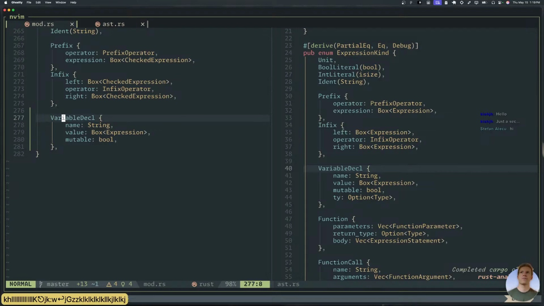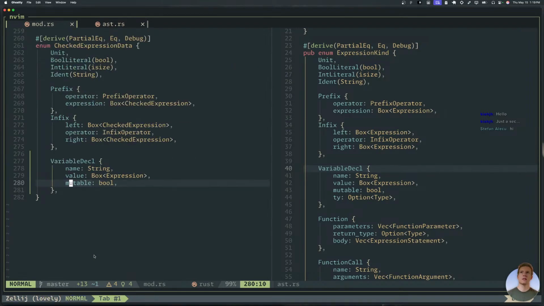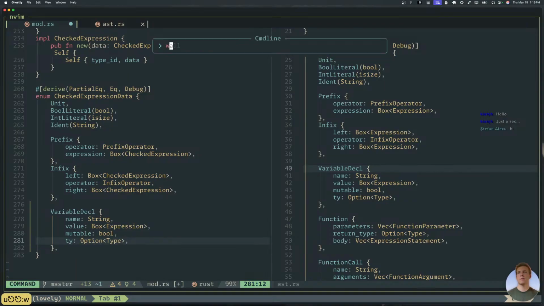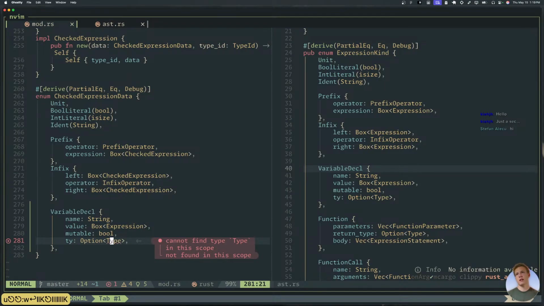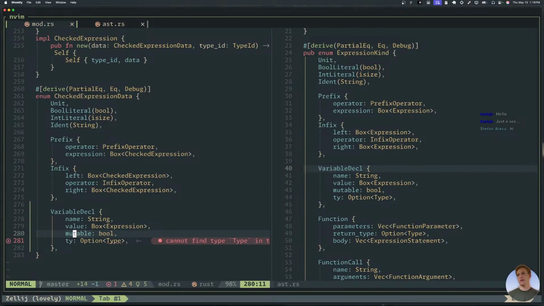Oh well, actually, no, we do need a type, because this is the type of the identifier that gets created, whereas the type ID would be the type of the expression, which is gonna be void. Okay. Interesting. Okay, so type.